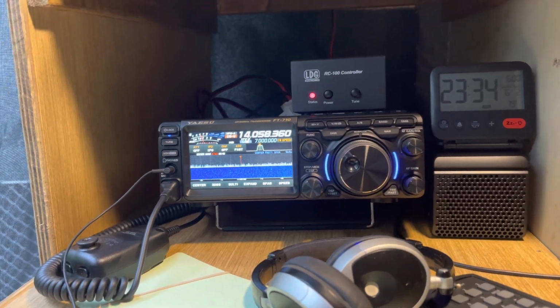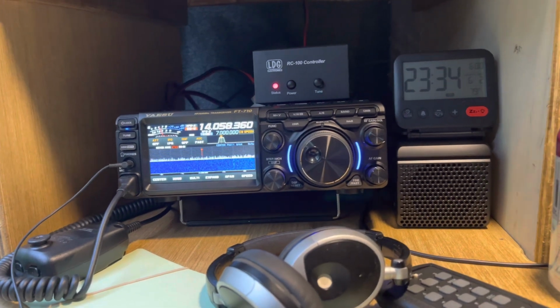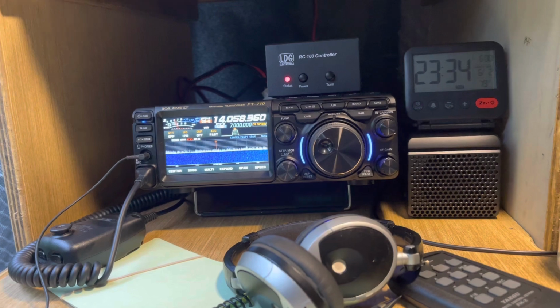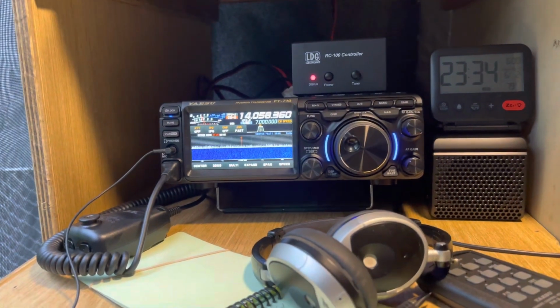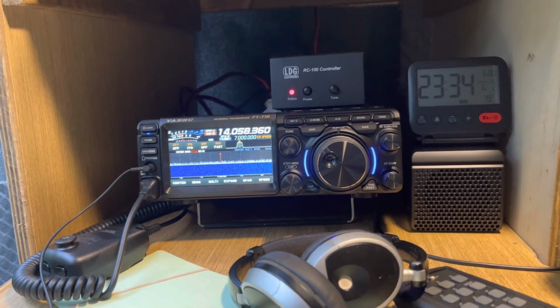All in all, it's a likable radio. I'm enjoying using it. It does have its quirks. Using it with a tuner other than a Yaesu tuner is a little bit of a hassle, but it's not something that's hard to overcome. It's just something else you have to do. I thought I was going to use the